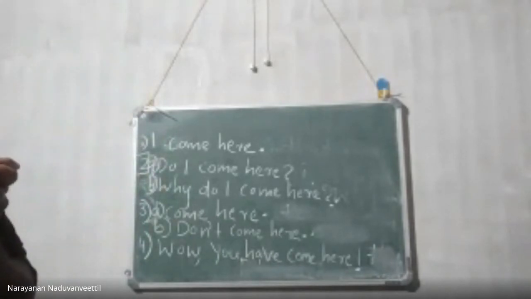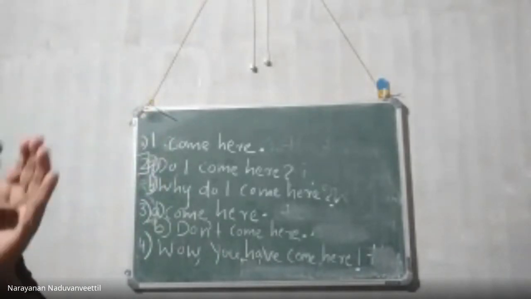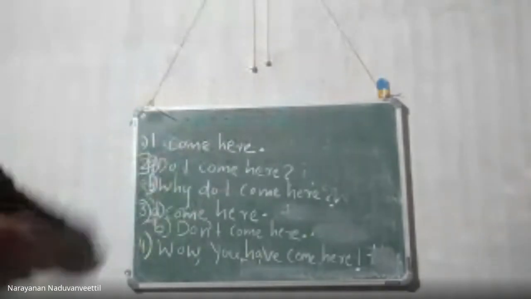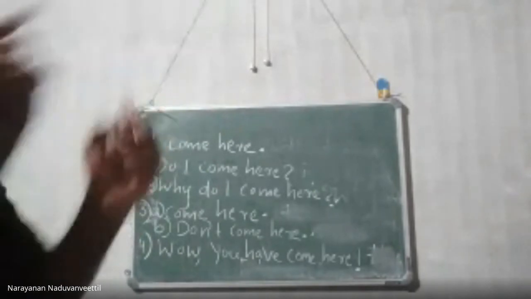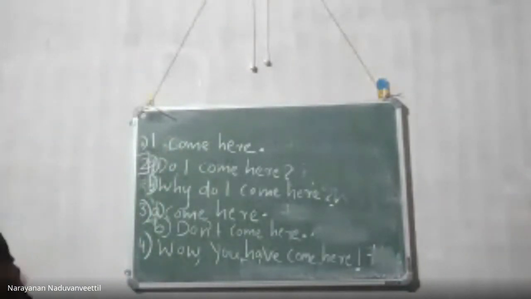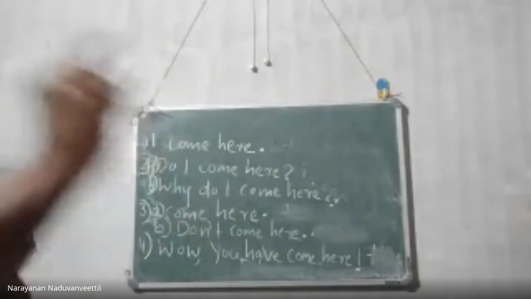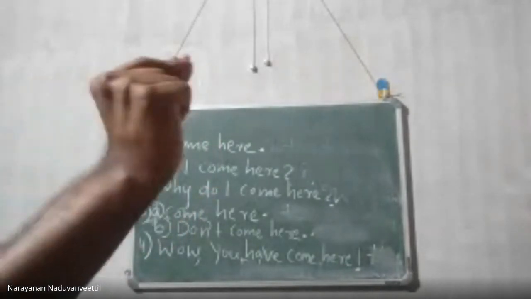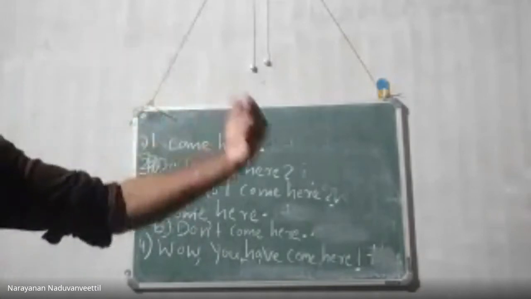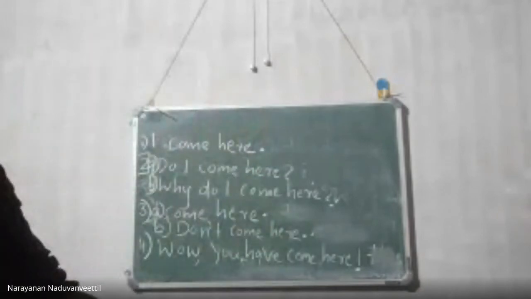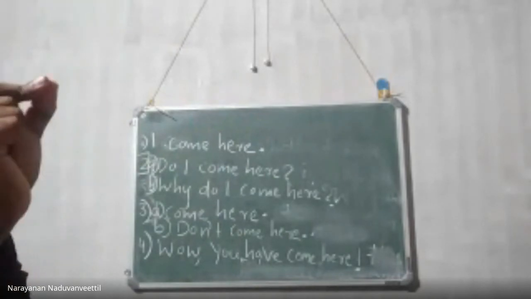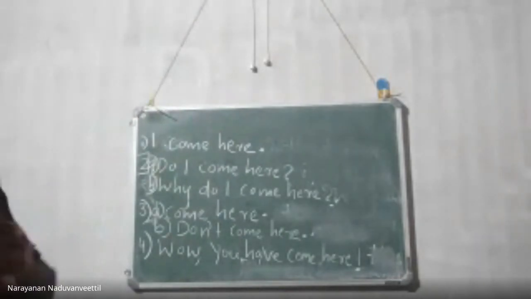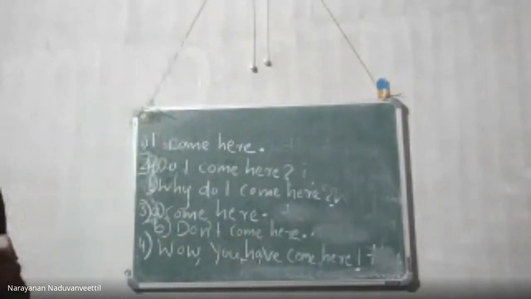And another thing, sometimes you will see you in the objective position. What is the subjective position and objective position? "You love me." The position of you is subject. "I love you." The position of you is object. When you make a report, when you do reported speech, if the you is in objective position, you have to change it to him or her. If the you is plural, you have to change it to them.